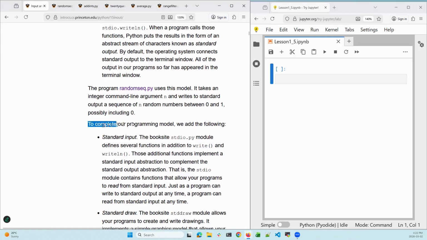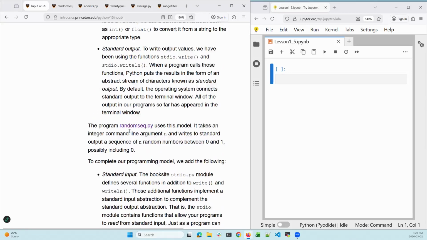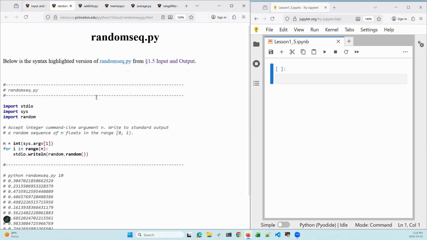To complete our program model, we add the following. Standard input. So let's first have a look at random_seq, which is over here. It accepts an integer command line argument n and writes to standard output a random sequence of n floats in the range of 0 to 1. So we get an input n, and we write a pretty standard for loop, for i in range n,